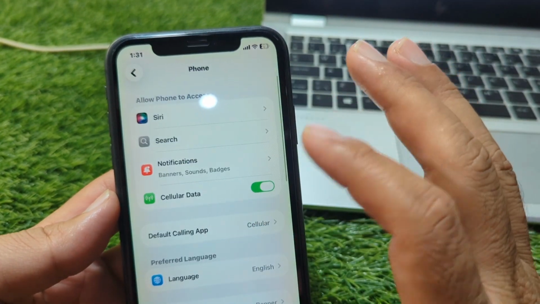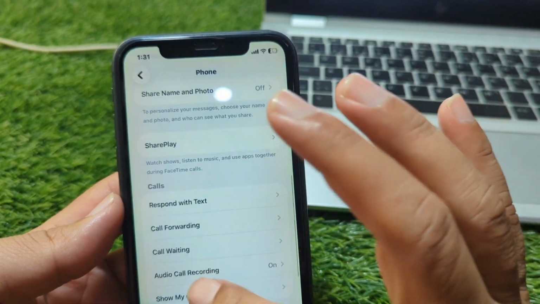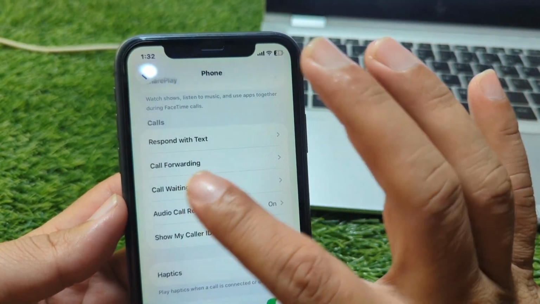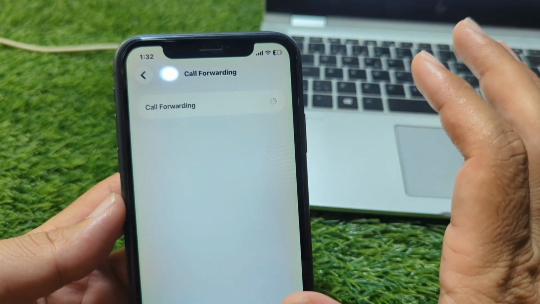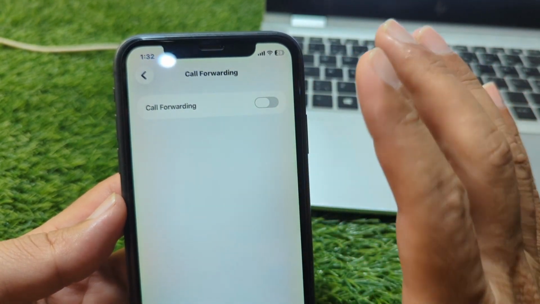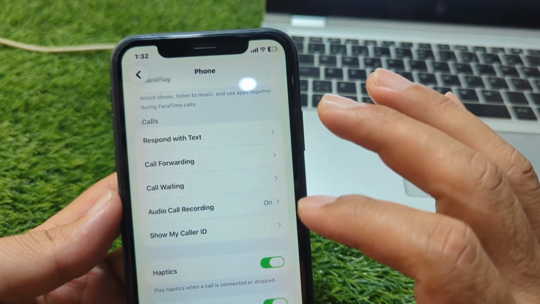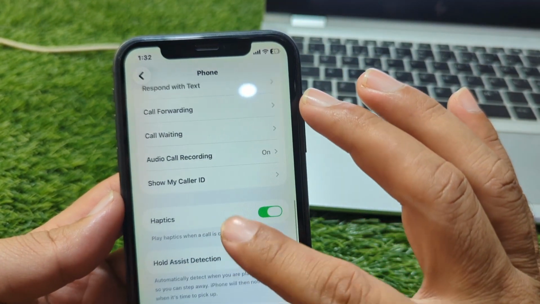So guys, after this, go back, and from here scroll below, and now you have to go to calls, and from here tap on call forwarding, and here see if it is enabled, then you have to simply turn it off. So guys, simply do this, and after this go back, and now you have to simply scroll below,